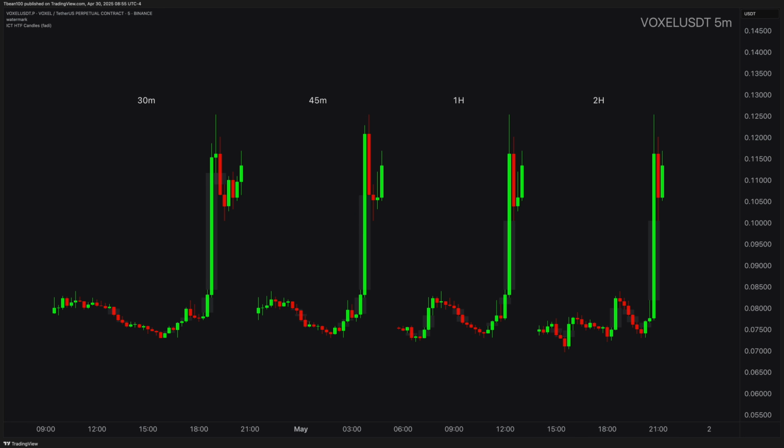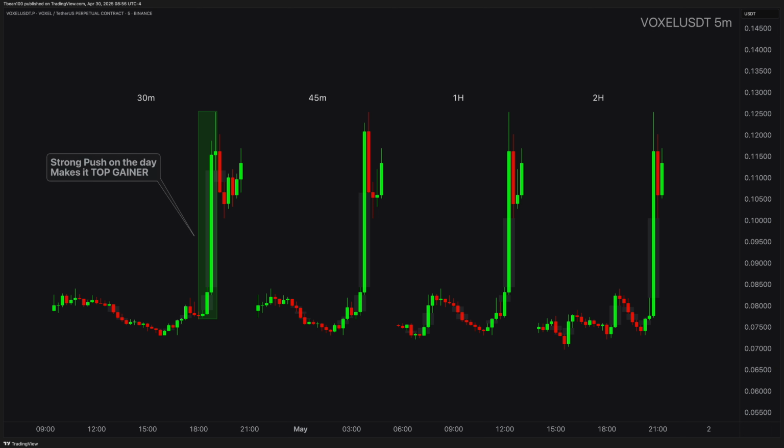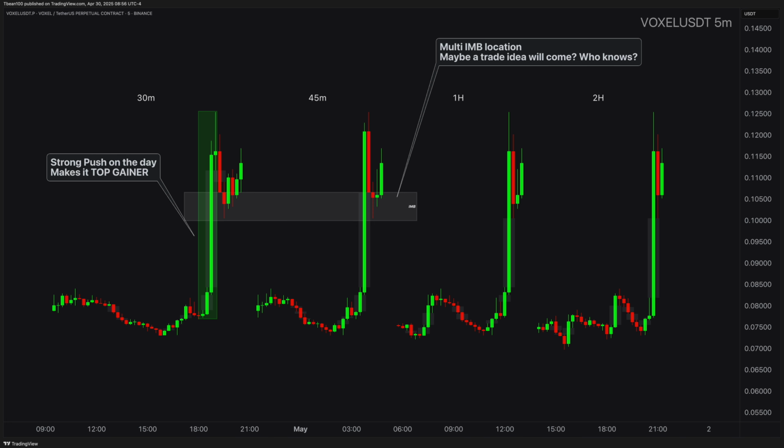But what made this coin one of the top gainers was the daily pump. Look at this gigantic pump and move, a single massive candlestick. So in general, this multi-imbalance area could be a nice zone to look for more trades. But what kind of trades? Let's open the lower time frame and discuss different kinds of entry models you may use and learn how we